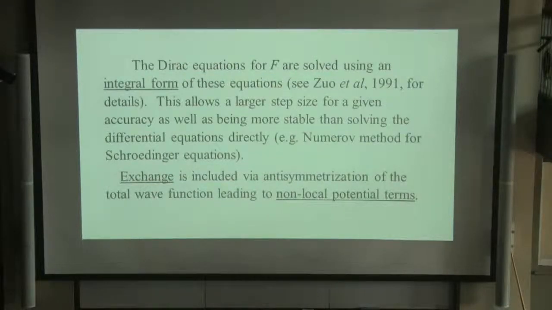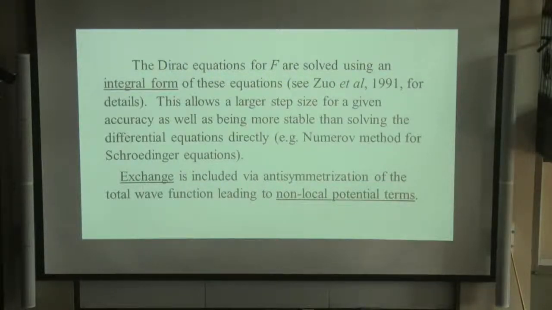So how do we solve these things? I wanted to spend a little bit of time talking about some of the numerical methods because I think it's important to try and make sure that we do have accurate results. And so we actually solve these things in the integral form. Now, in fact, the Dirac equations, as you probably know, are two first-order differential equations, and a lot of physicists don't know how to tackle this. They actually convert it to a Schrodinger type equation, which is a long way around because you end up with messy potentials. But in fact, it's easy enough to solve these forms of the